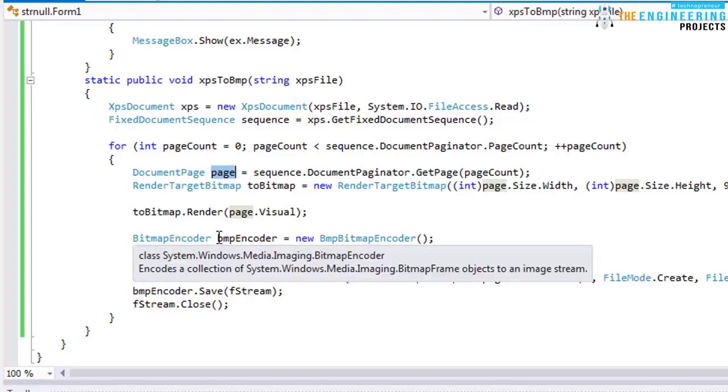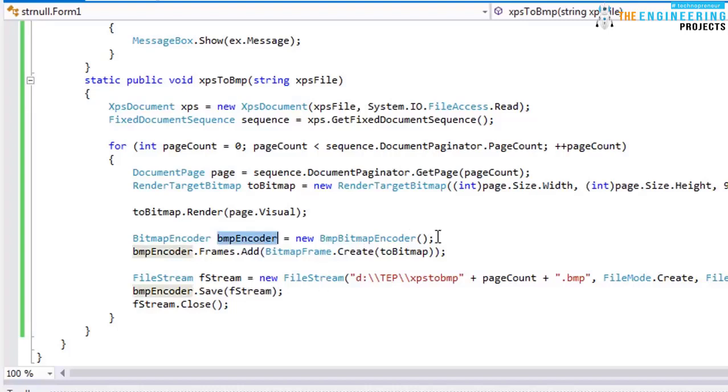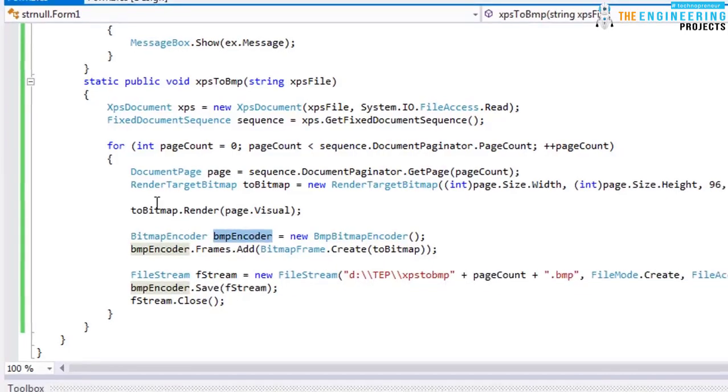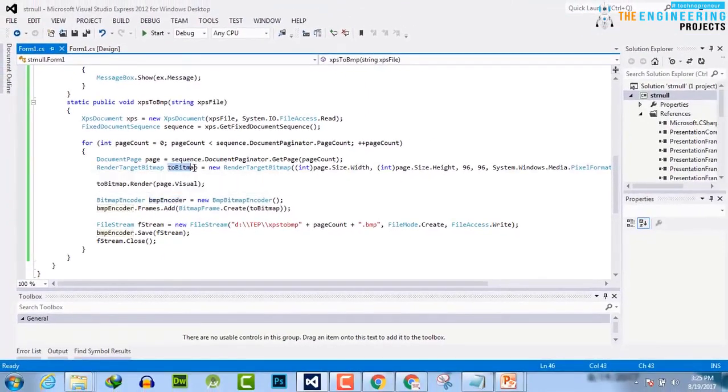Bitmap encoder, and we have taken a variable new bitmap encoder, pass the privileges to this variable. Then bmp encoder dot frames dot add bitmap frame dot create to bitmap. It means we are going to convert this variable into bitmap. Now we have to take a file stream, new file stream, the path where we want to create bitmap, and this is the name of the bitmap which will be created. For example, I will say that TEP bitmap